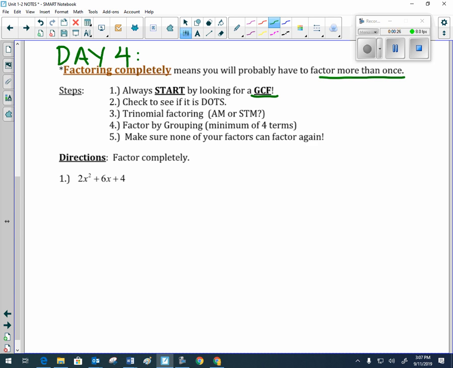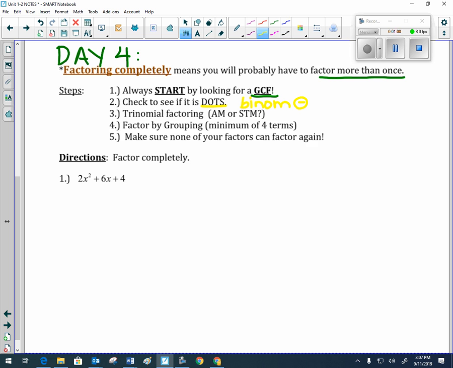is a GCF. So GCF can stand for greatest common factor, which is what we usually think of in math, but it also is kind of nice to think of it as gotta check first, GCF. So my step 1 every single time is going to be looking for a GCF. Step 2, we're going to look to see if we have a dots problem. And remember, with dots, it has to be a binomial with what you're working with. In addition, it also must be a difference, so it must have a minus sign, and both of the terms